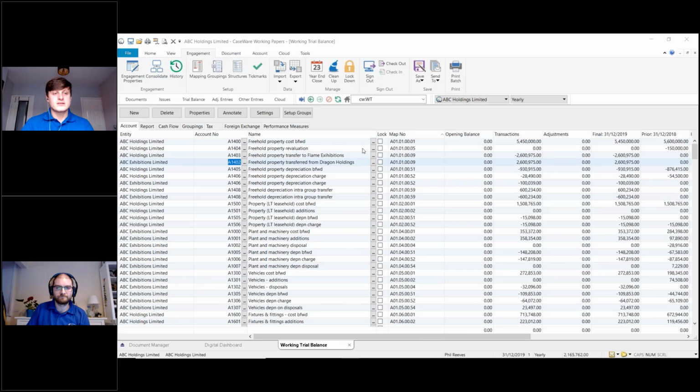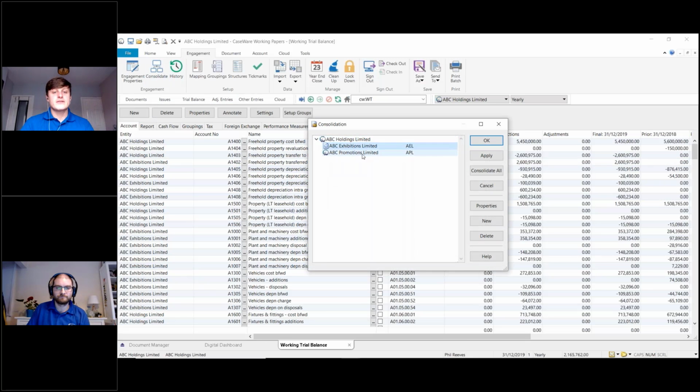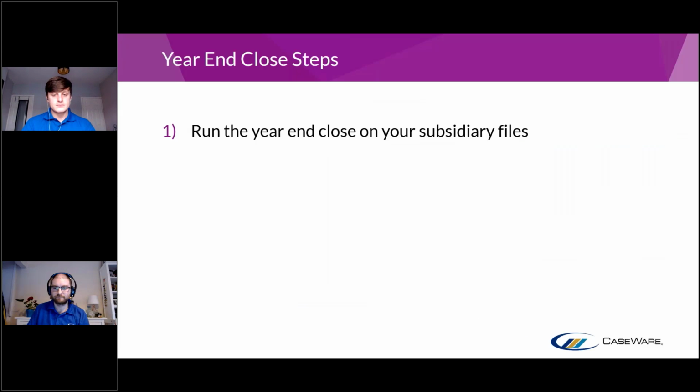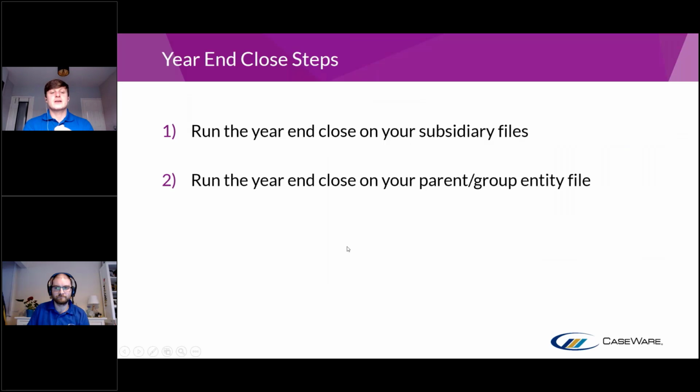here on the consolidated tree, what we would need to do first is roll forward. So we would need to go into ABC Exhibitions Limited and roll that file forward, in this case to the 2020 file, before we do anything on the group file. We would then go through, and if there are other subsidiaries, we would also do the roll forward on those. So all of our subsidiary files are rolled forward before we do anything on the parent